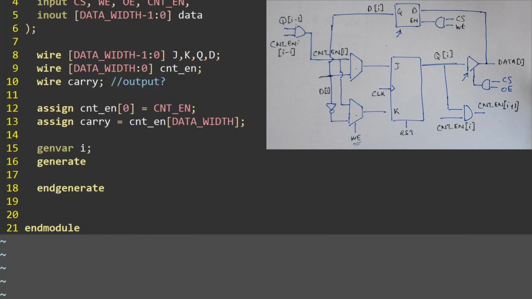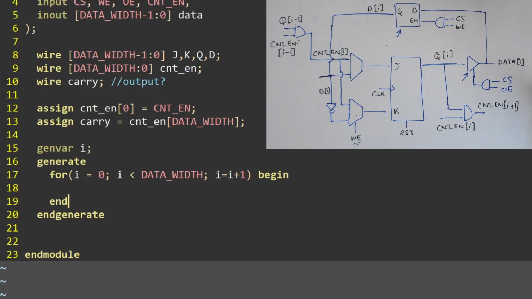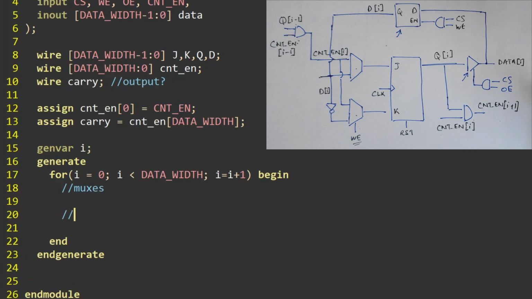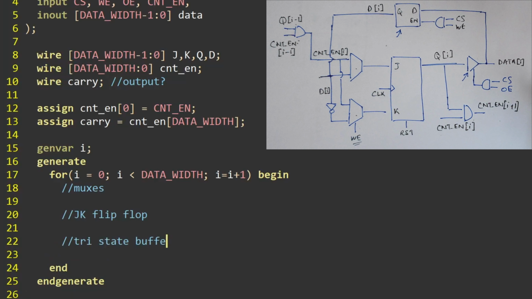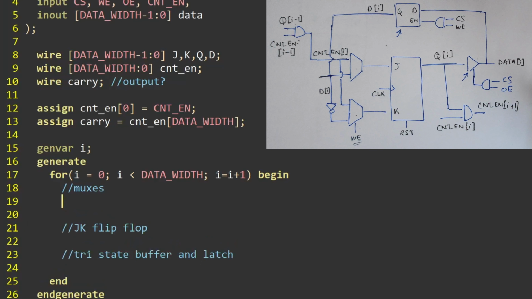I can use this generate block here to replicate the circuit inside it however many times I want. Data width amount of times should be good, 1 for each bit of the counter. Let me start by connecting the muxes.